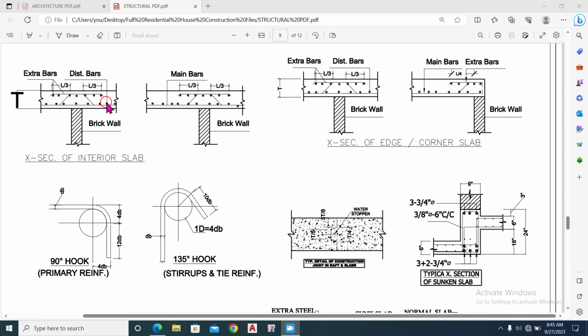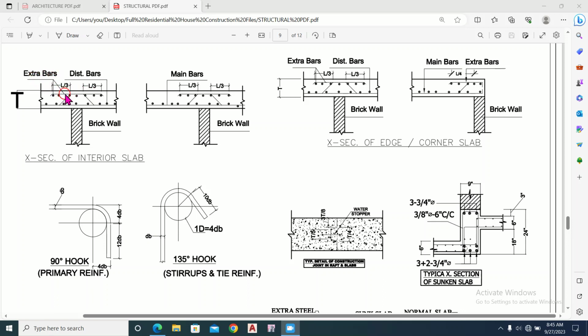these distribution bars, this horizontal line shows the main bars provided at the bottom of this slab. And here these above are the distribution bars. The dot shows the top distribution bars, and here this is the negative reinforcement provided at the top as